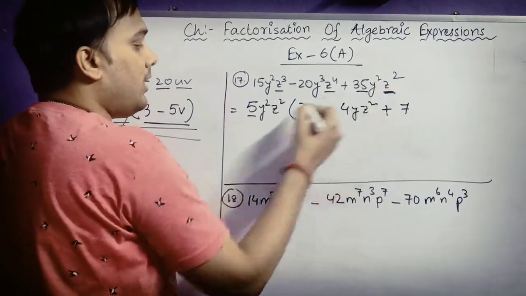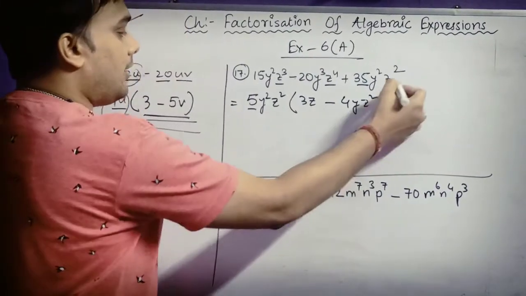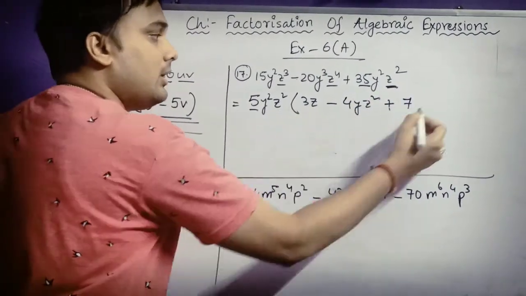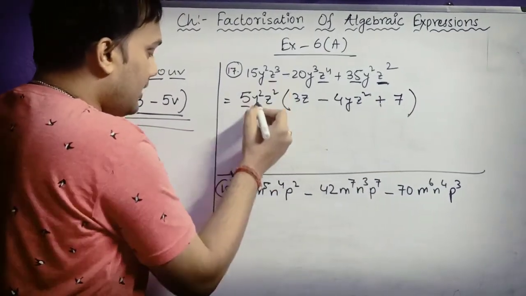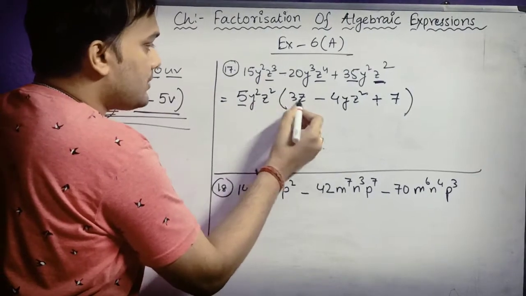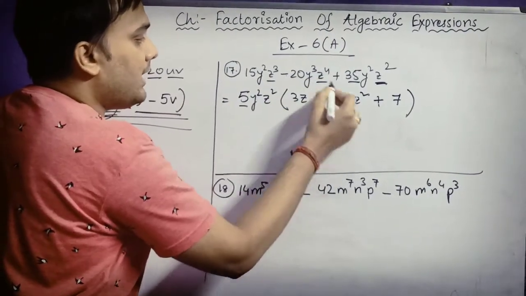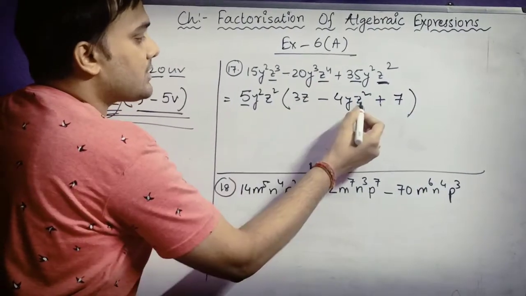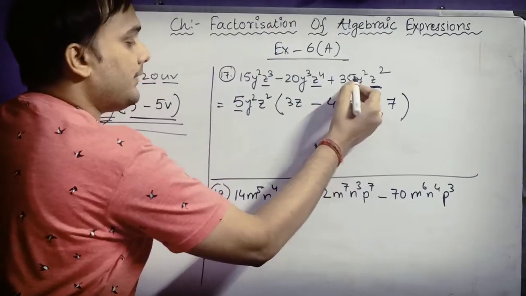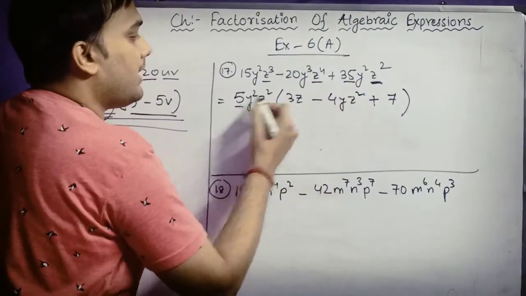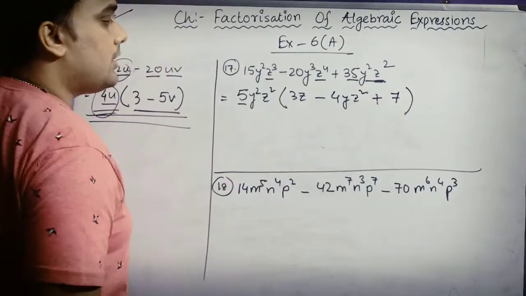Then y square is here and y square is here. I have taken the complete common, so nothing of y remains here. Z square is also taken, so nothing remains. Now you just have to cross check. 5 3s are 15, y square, z square into z, z cube. Then 5 into 4, 20, y square into y, y cube, z square into z square, z to the power 4. And minus is also there. Then 5 into 7, 35, y square z square, which is y square z square here also. So this is your answer.